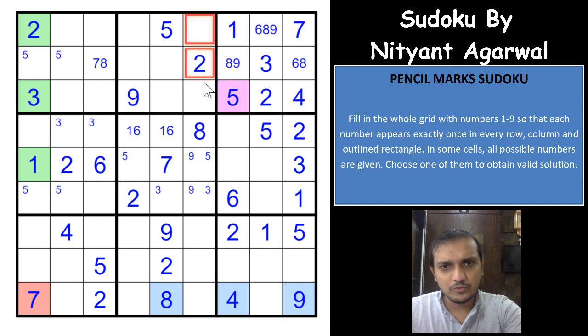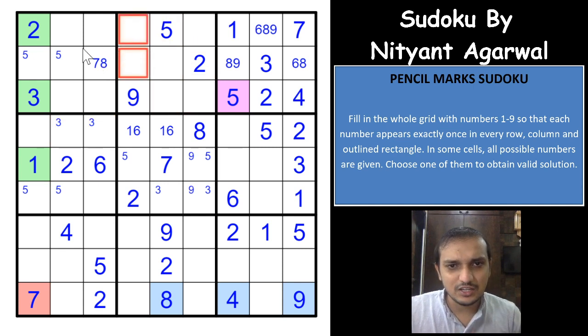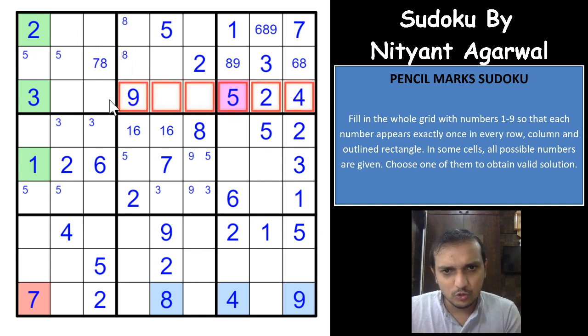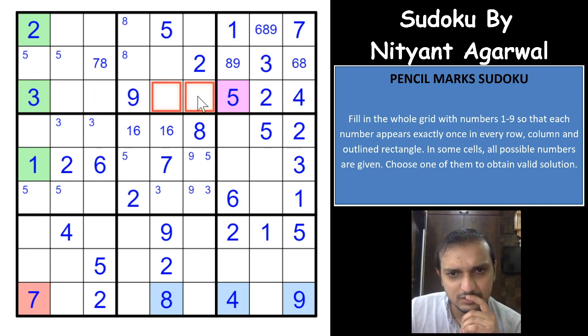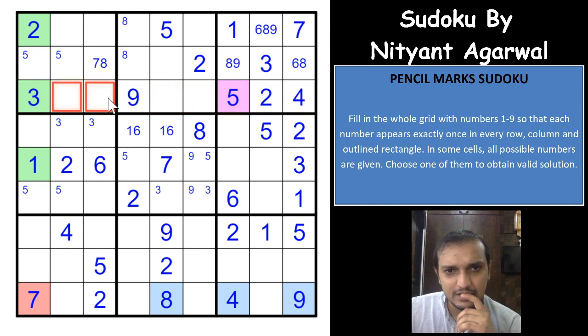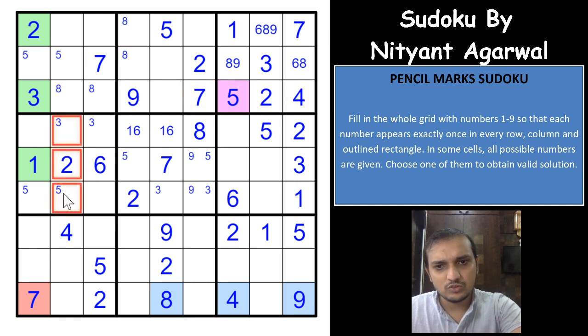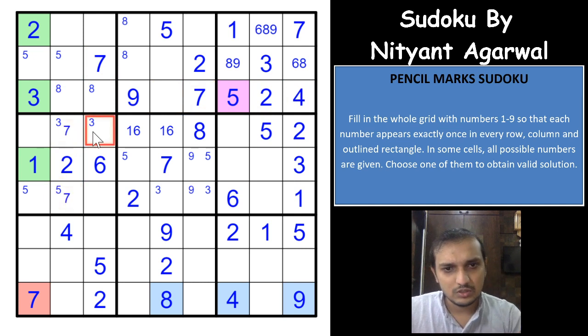Oh, so if you see here, okay, so why the 7 8 pencil mark is still remaining, because 8 would have to be in one of these 2 cells. Now if you see here, this row can have 8 in only these 2 cells, right? You cannot have 8 in these 2 cells. Nowhere you can have an 8 here, so 8 would have to be in these 2 cells, that gives you a 7 here, that gives you a 7 here, and a 7 in one of these 2 cells, right?